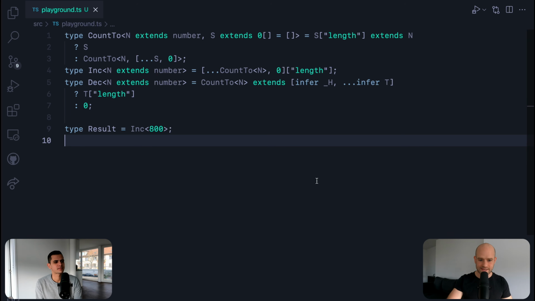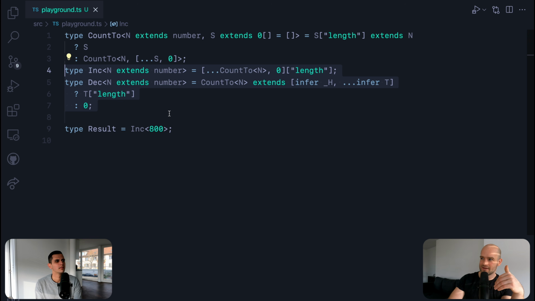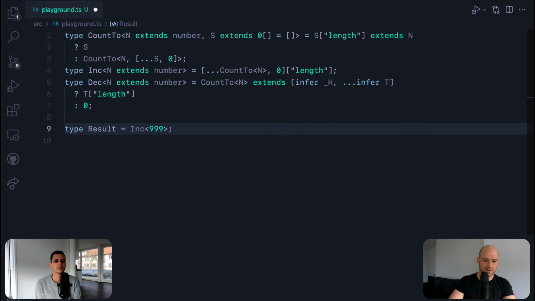And what triggered me to do this is that I was looking at the TypeScript 4.5 changelog, and they increased a limit in terms of how many recursive calls you can do. So for instance, I don't know if you remember, but we implemented increment and decrement numbers. And then from there, we did subtraction, multiplications, and so on. And here the limit has been dramatically increased. So for instance, here I can increment 999. And so this limit has been increased dramatically. Last time we played with this, we couldn't go so far.